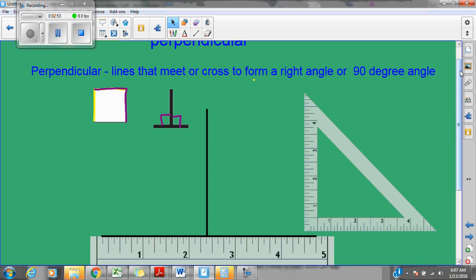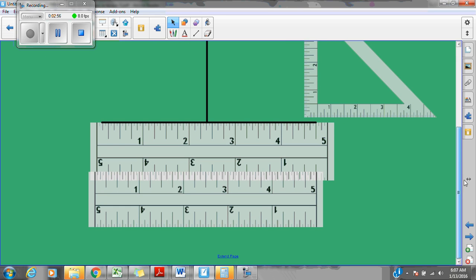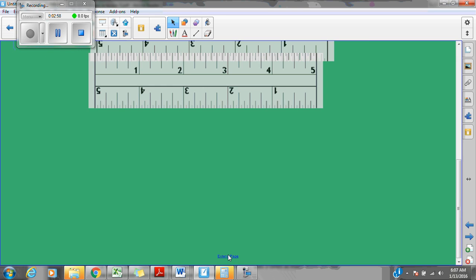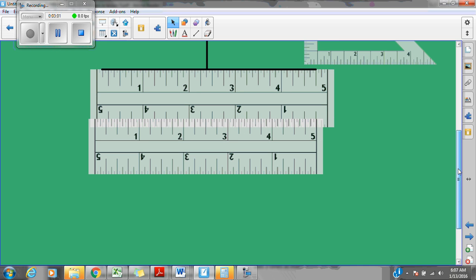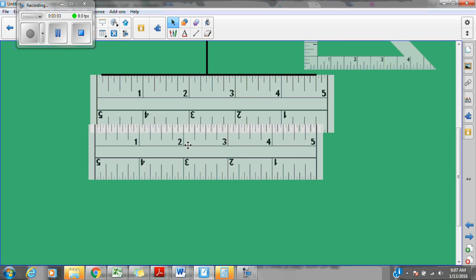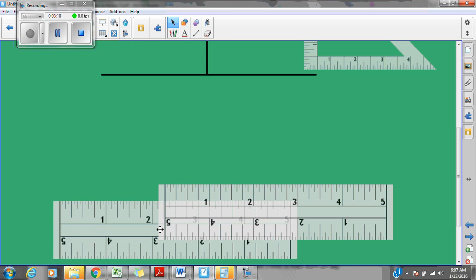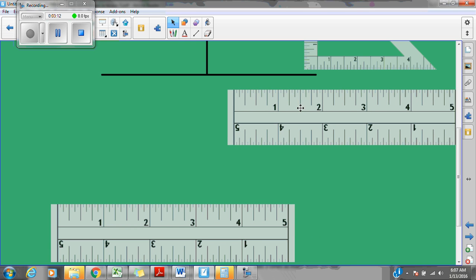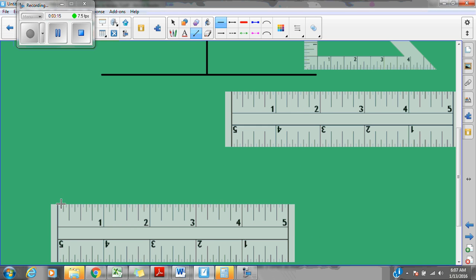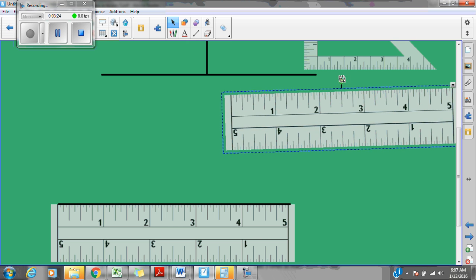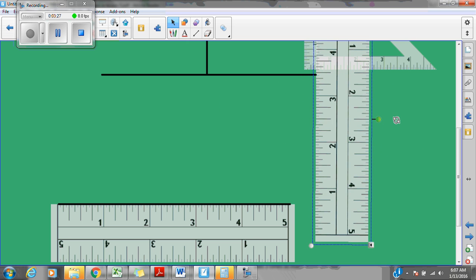Now sometimes it might happen that you might not have a right angle template. And if that's the case, you can still make perpendicular lines with two straight edges. So you and a partner can get together, or you can just have two rulers yourself to do it. So you start with one straight edge, and you use the side of it just like we did before to draw a straight line. And you take your other ruler and you want to turn it to where it's vertical,